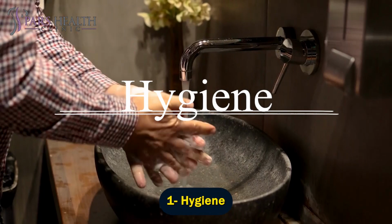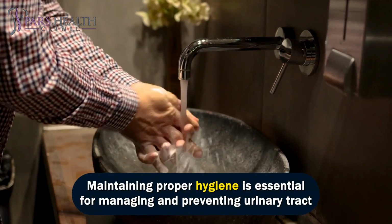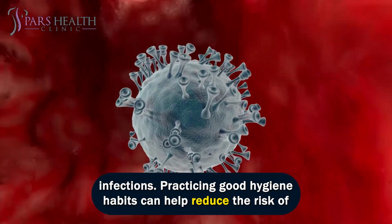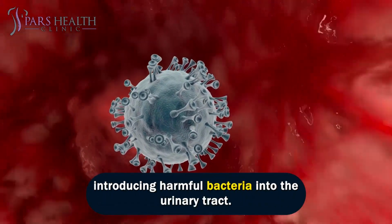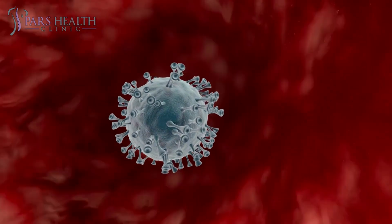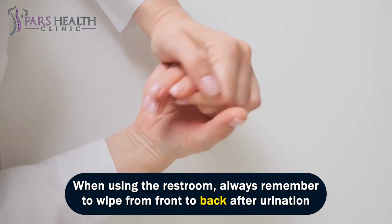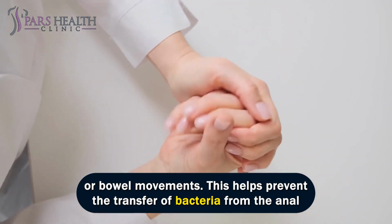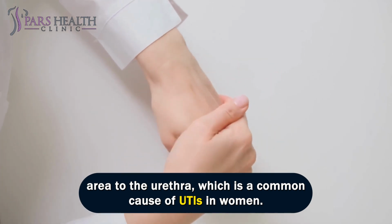Number 1. Hygiene. Maintaining proper hygiene is essential for managing and preventing urinary tract infections. Practicing good hygiene habits can help reduce the risk of introducing harmful bacteria into the urinary tract. When using the restroom, always remember to wipe from front to back after urination or bowel movements. This helps prevent the transfer of bacteria from the anal area to the urethra, which is a common cause of